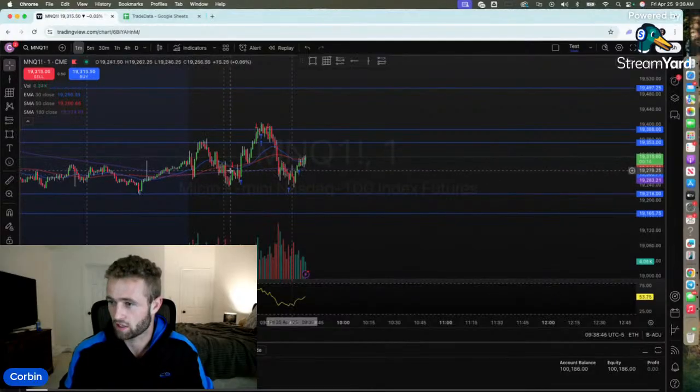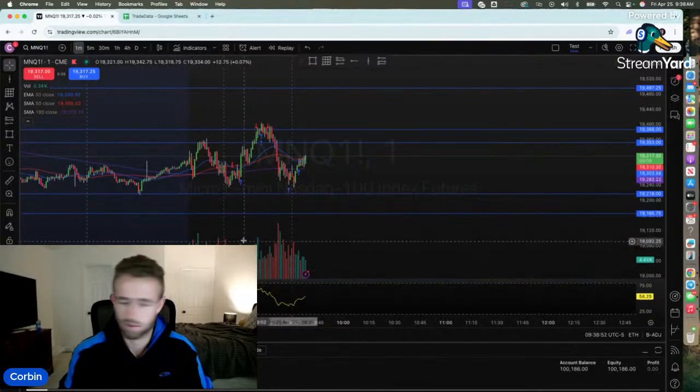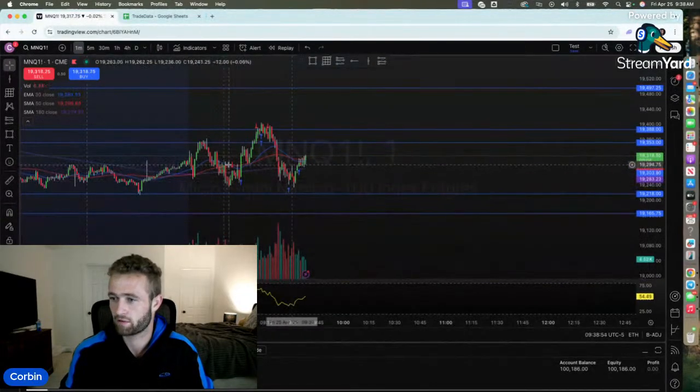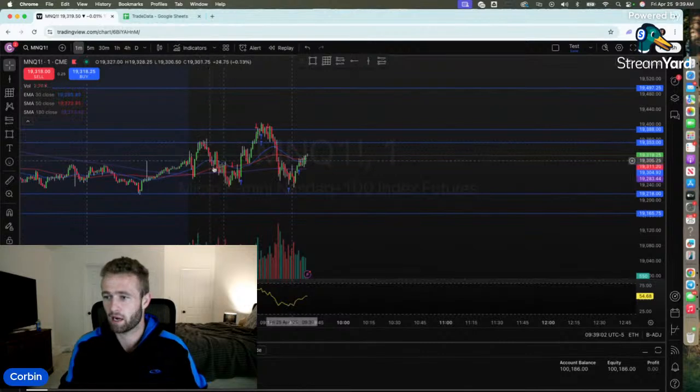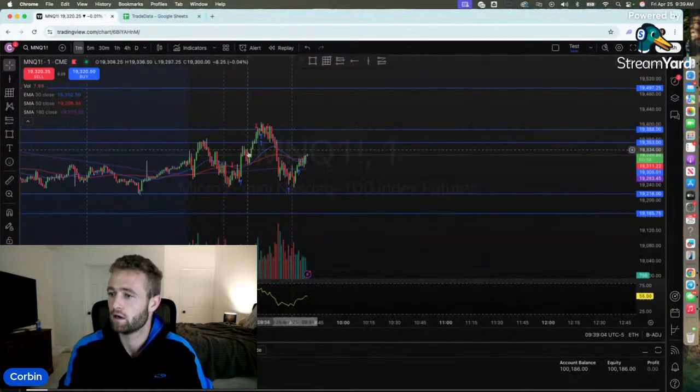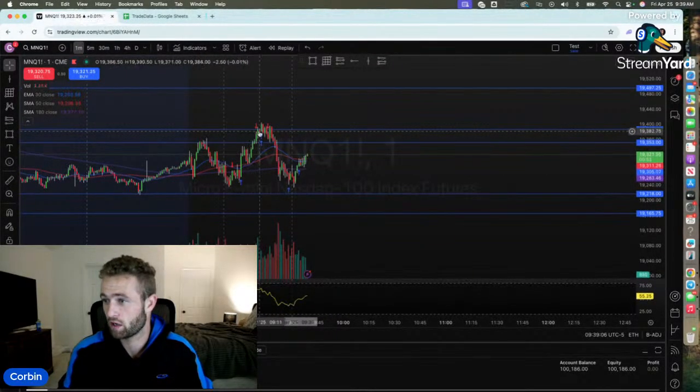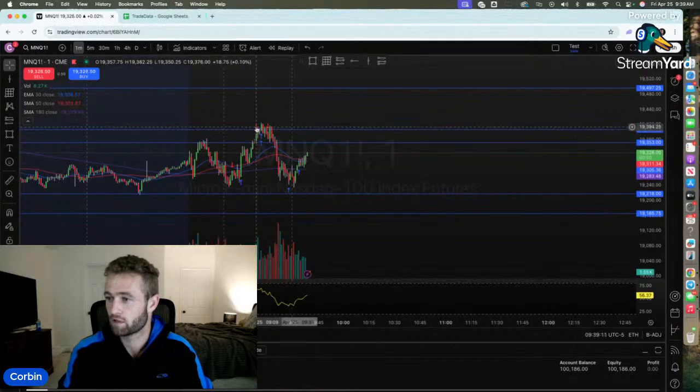So yeah, I sold right here, hoping for a continuation because of my bias. Got stopped out right here. Beautiful. And I didn't get right back into the upside. So obviously I didn't catch this trend because my bias is to the downside. Tried again right here because we were testing these levels. Got stopped out